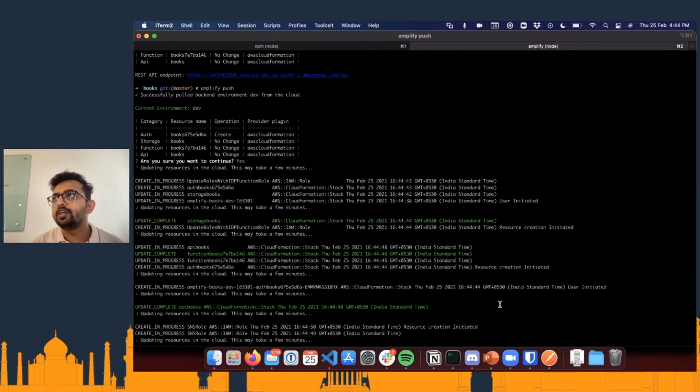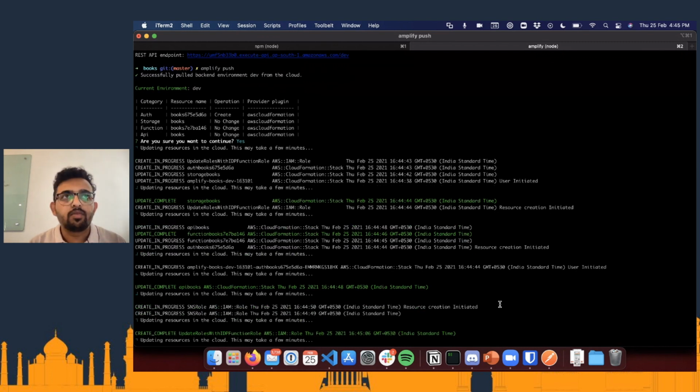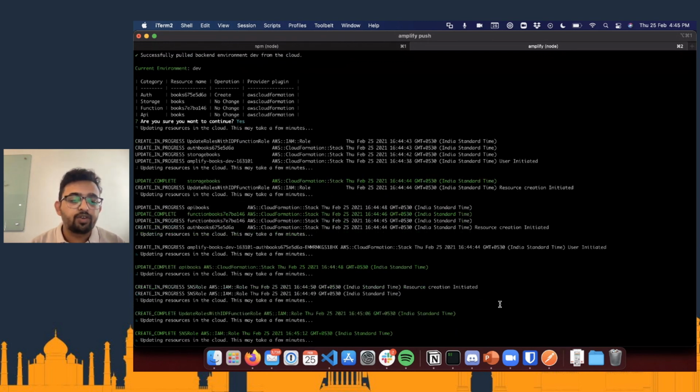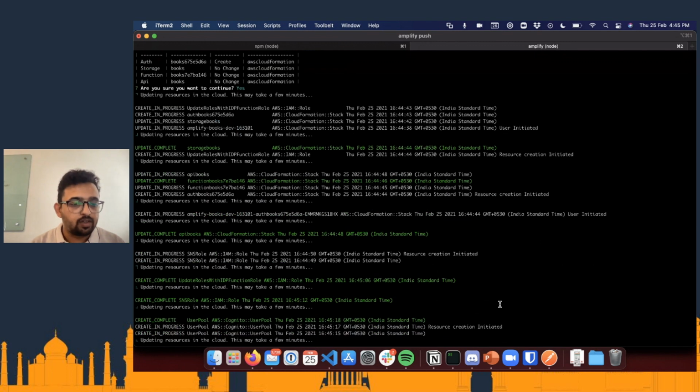Cognito is an authentication service provided by AWS. Cognito is again a serverless component, because we are not going to be charged on some kind of instance, it's not always on. We are only going to be charged for the number of users, and so on.